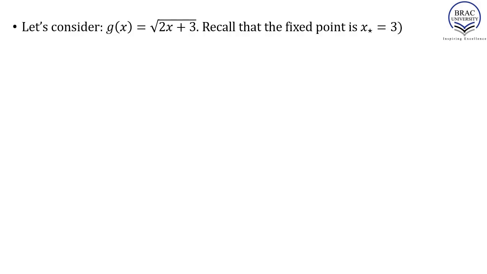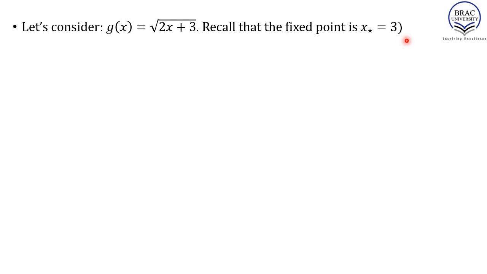Now let's consider that g(x) = √(2x + 3). That is one of the converging functions that we found in the last lecture. And note that this function has been derived for the original function f(x) = x² - 2x - 3, which has roots -1 and 3. And this function g(x) can only converge to 3, not -1. That has also been explained in the last video lecture. Okay,